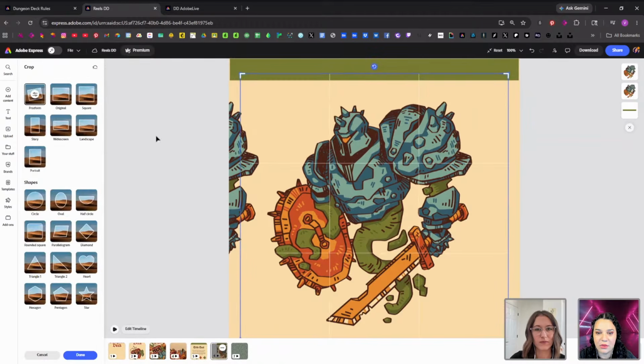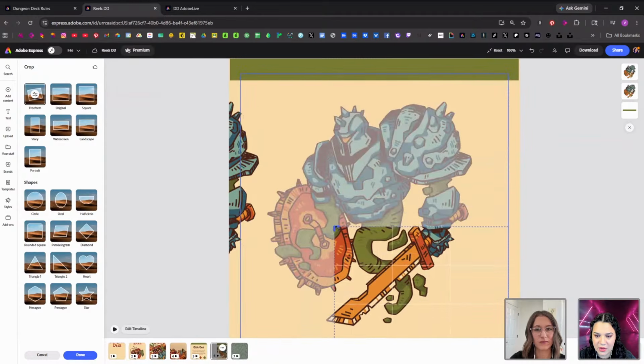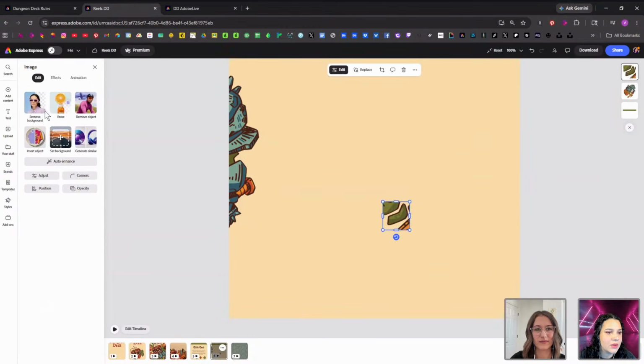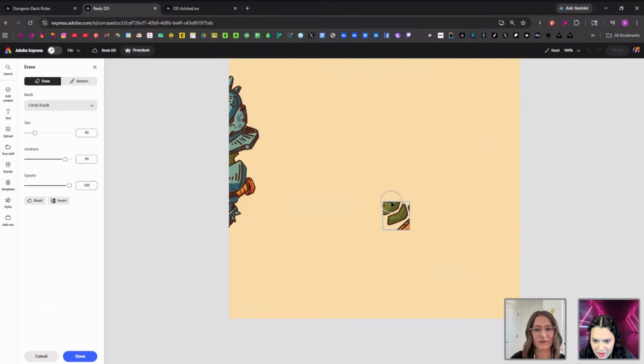So I'm going to go ahead and I think we're just going to crop for now, because cropping is easy. And then we're going to use our eraser tool and hook it up even further. So we're going to go like this. Boom, there's a little piece of ectoplasm. And then we're going to say enter. We are going to come into erase. And we are going to erase around. So now this little piece of ectoplasm is on its own. And then we're going to say done.